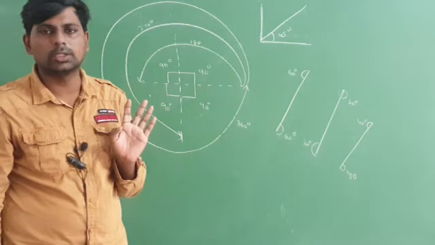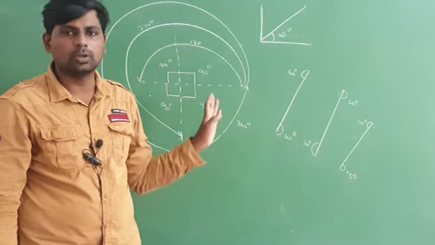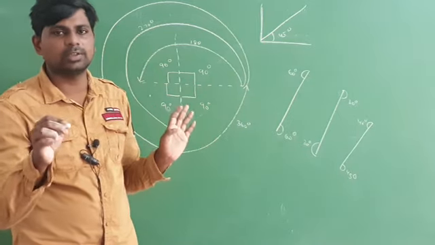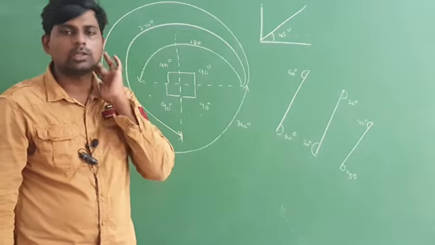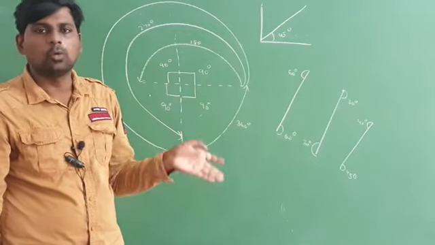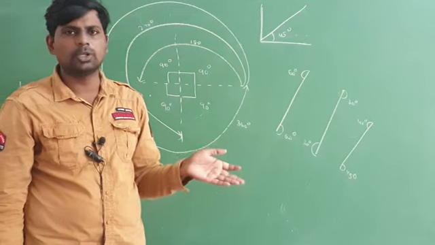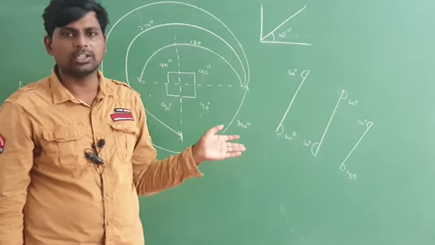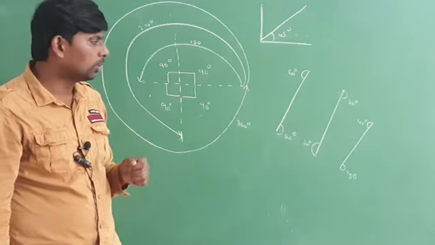Then you can go for the 45 degrees. Standard will be there. You can go for that one. In the middle it is given here and here. Any angle is not given, so by default you have to take it as 45 degrees. In the 2017 paper or 2018 paper it is given like that. So you can assume 45 degrees.